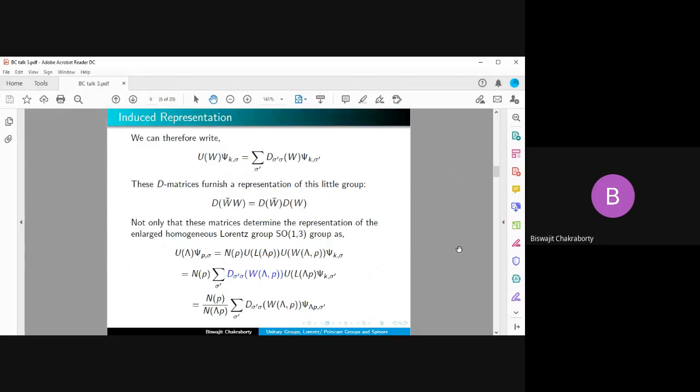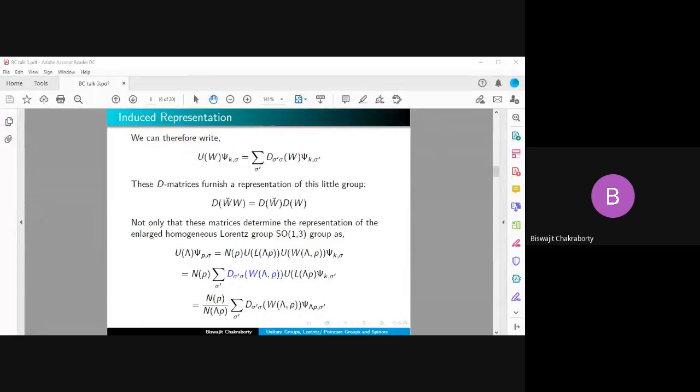So now consider the action of the W, the Wigner little group, on the one particle state space. And one particle state I have taken to be psi K sigma. K is the fiducial 4 vector I have chosen to work with. So under the action, again the action has to be through some unitary operator, U of W acting on psi K sigma. It will give rise to some